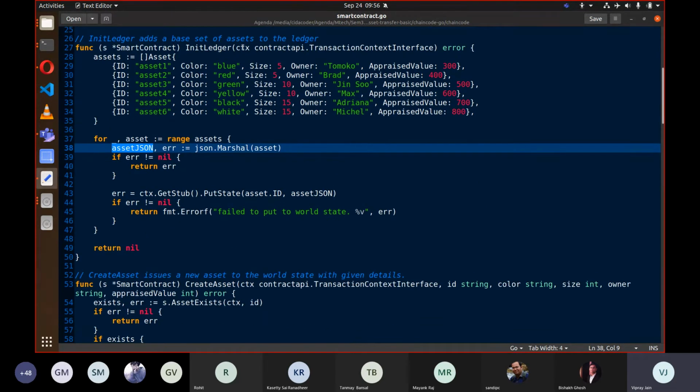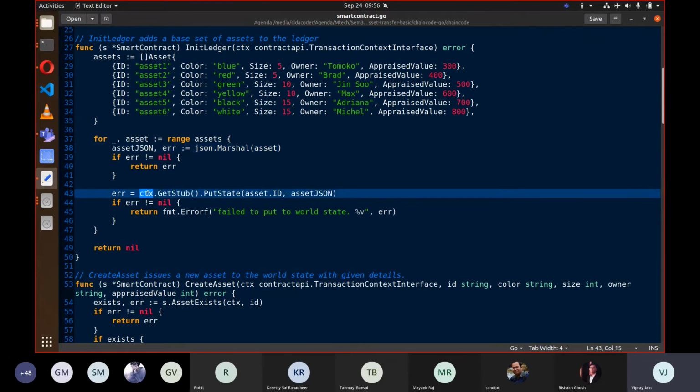Finally, we will use this contract API transaction context interface to get this function PutState. PutState is an invoke transaction which will make a transaction proposal for you. It takes a key and a value. So we are assigning the ID as a key and the JSON as a value here. And this command will upload this entry into your ledger.